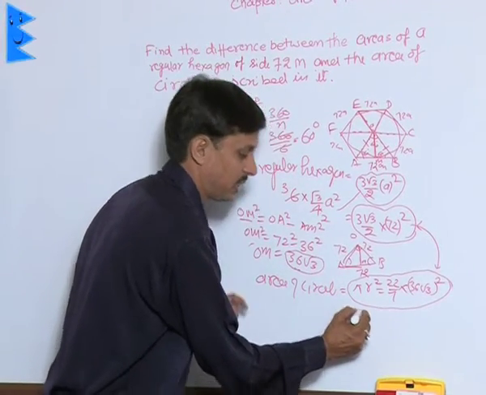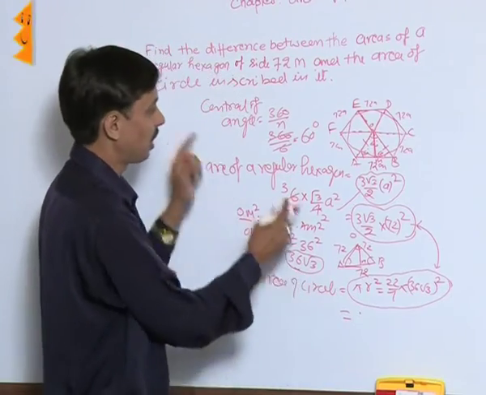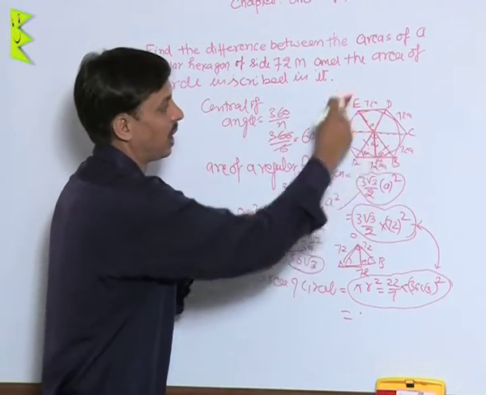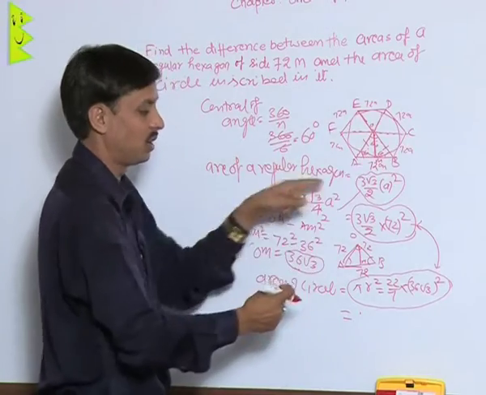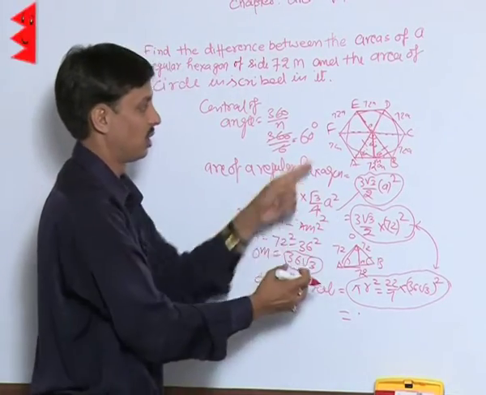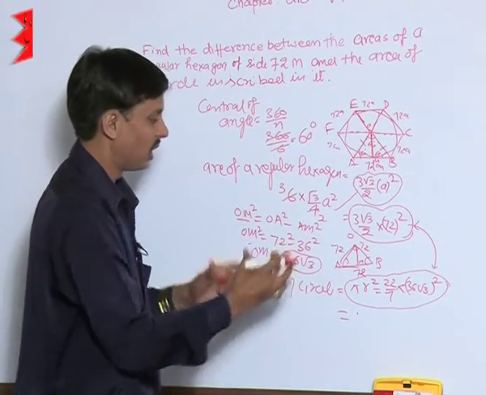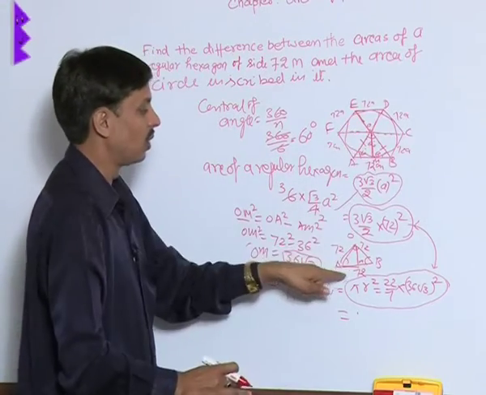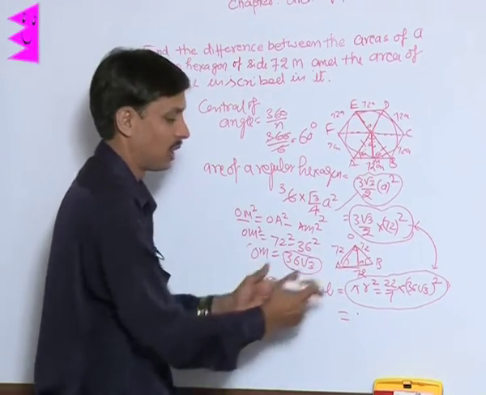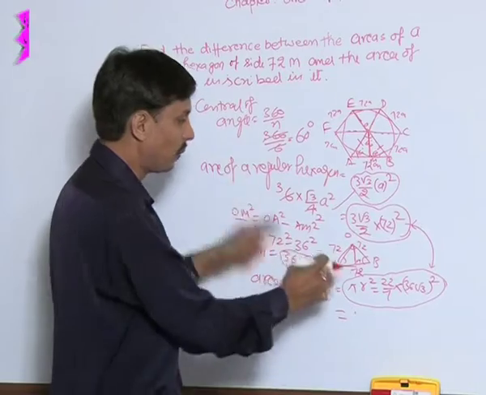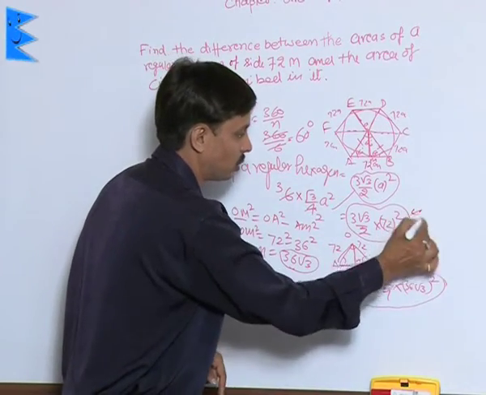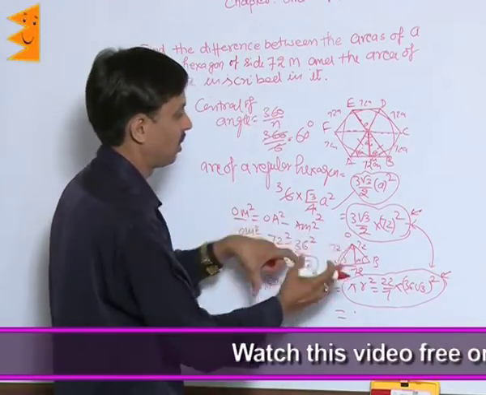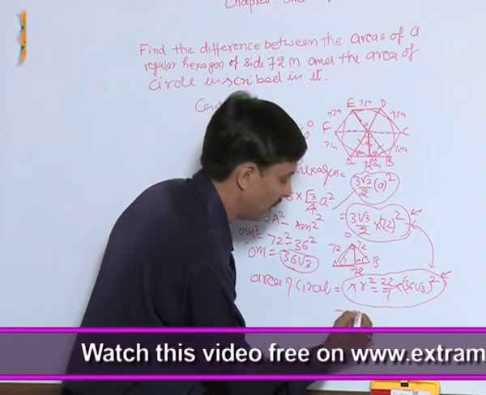First of all, we have applied how to find the area of a regular hexagon using the concept of 6 equilateral triangles. Here I have told you how to take one equilateral triangle and with its help how we will calculate this. So if we actually calculate these two values and take their difference, the answer will be